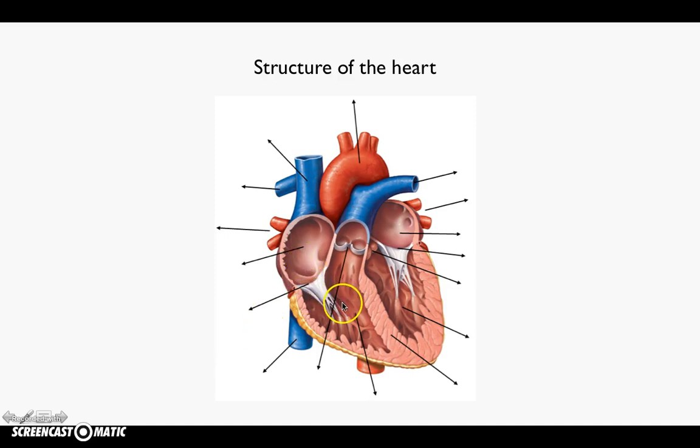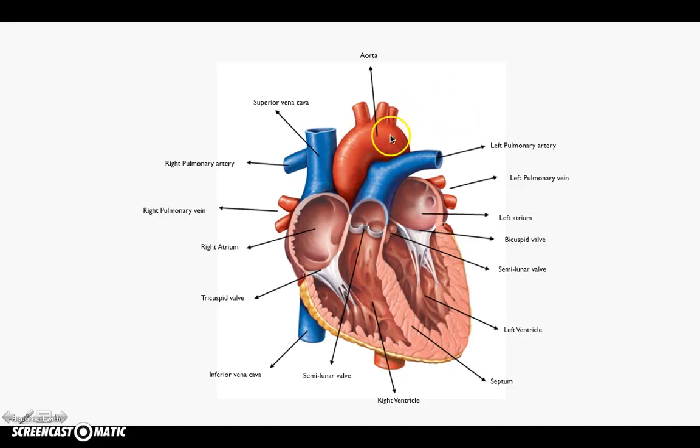Right atrium, down to the right ventricle, to the lungs, back to the left atrium, left ventricle, to the body. So these are terms you need to know. First of all, this red vessel here is known as the aorta, and that's the biggest artery in the body. That's where blood goes from the heart to the body. We'll start here. You've got the left pulmonary artery. That's where the blood goes from the heart to the lungs. Then you've got the left pulmonary vein. So oxygenated blood comes back from the lungs through here,